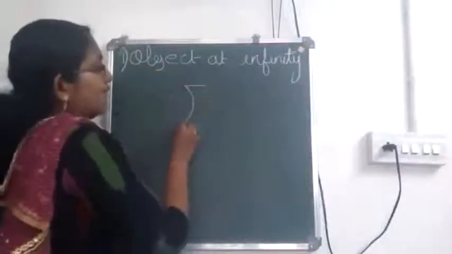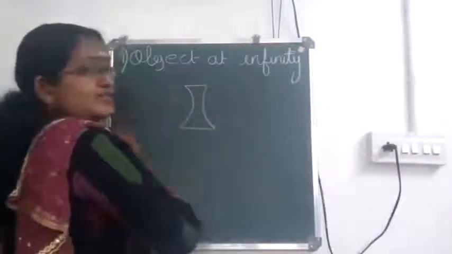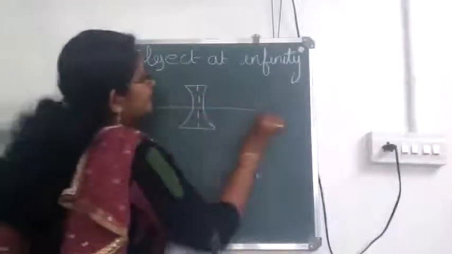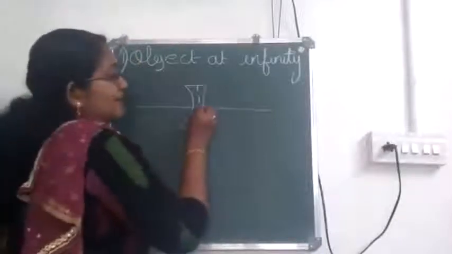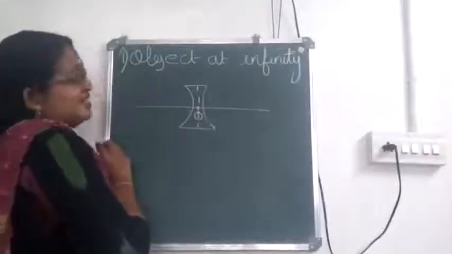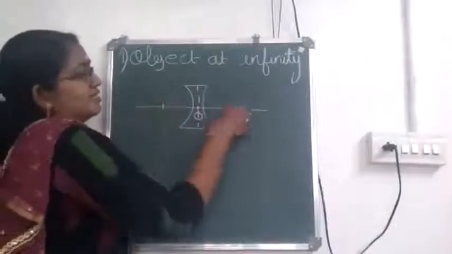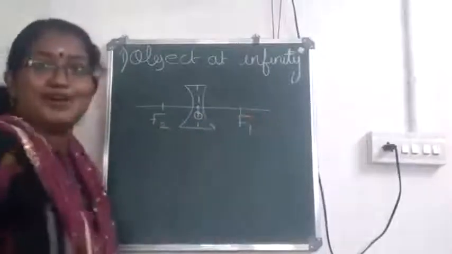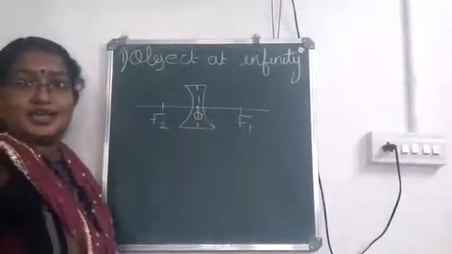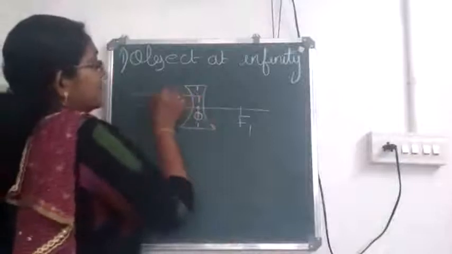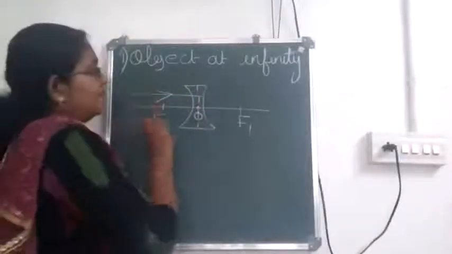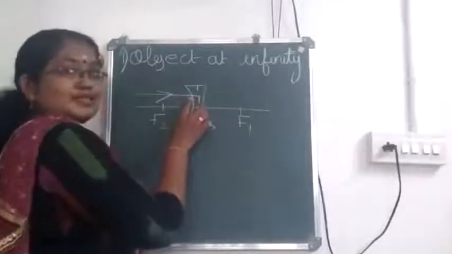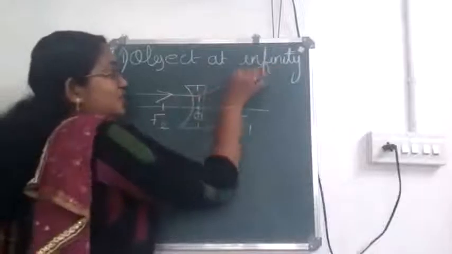So here we have to draw a concave lens. Then draw the principal axis. Mark the optic center. And what you have to consider in this case, what should I mark? F2, F1. Here it is just opposite, isn't it? Now, the rays are coming from a distant object or from infinity. So, the ray hits on the surface. When it comes parallel to the principal axis, after refraction, it moves.